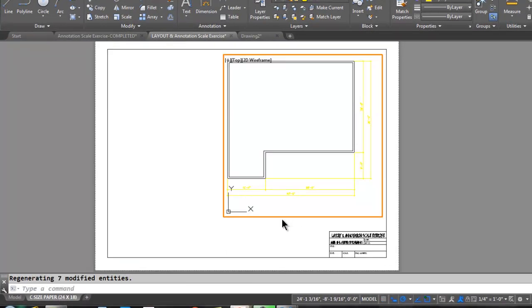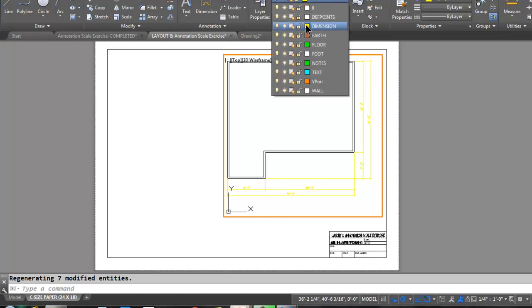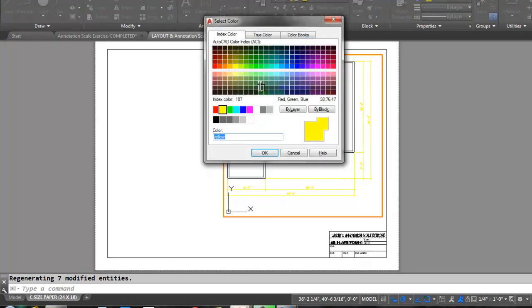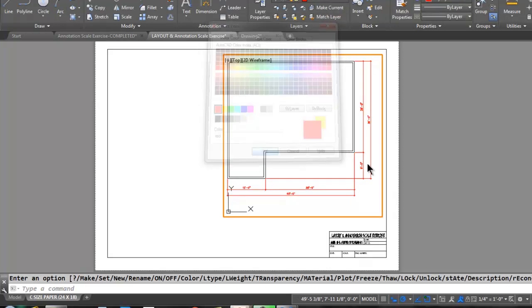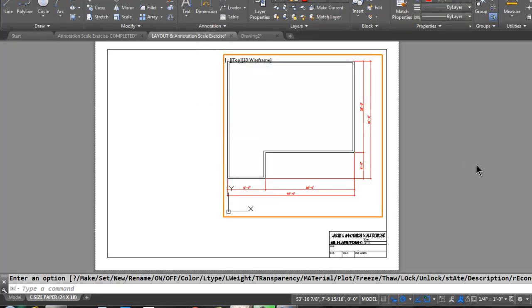Now, yellow on white, not so good. So I'm going to change the color of my dimension layer. Let's say I'll make it red. Red is pretty visible in both spaces. Alright, so there's my dimensions. I've got room left over on the right and below so that I can add my text labels. So I'm going to go back into model space,